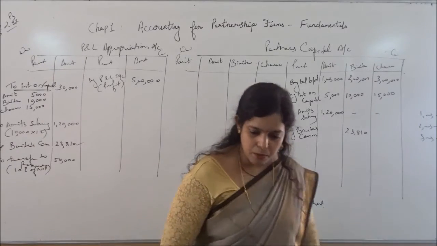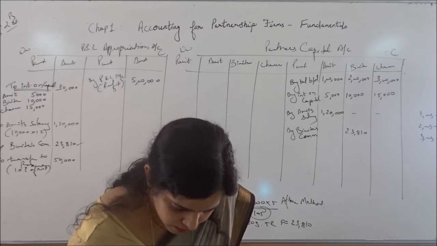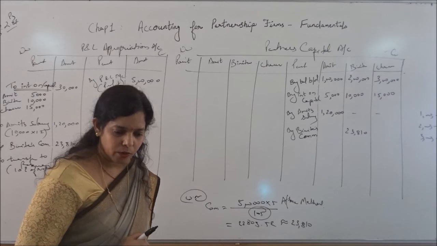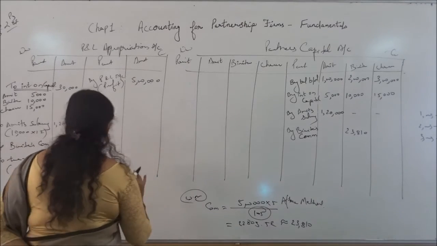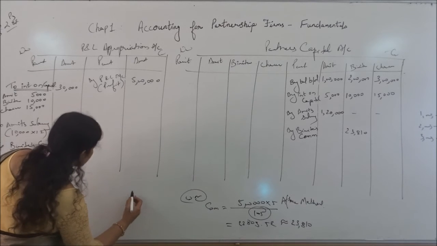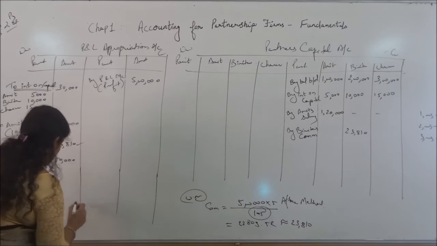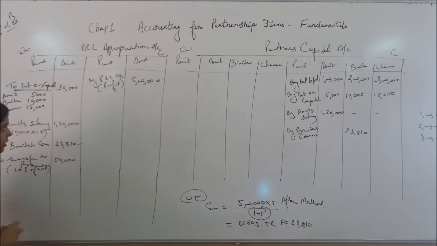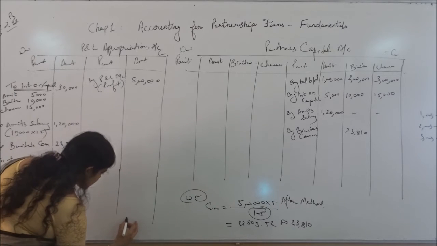See, I transferred the items that were mentioned in the question. Now find out the answer. Check once again whether we have taken all the items or not. Now do the total here again. How much total is coming? You can see, drawing is not there, interest on drawing is not there. If it were there, we would definitely take it in the question. Since it is not there, just write the total.